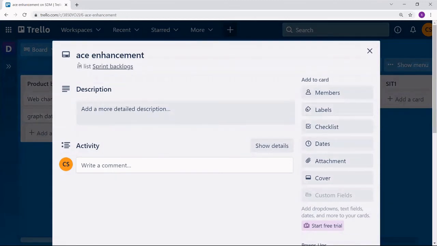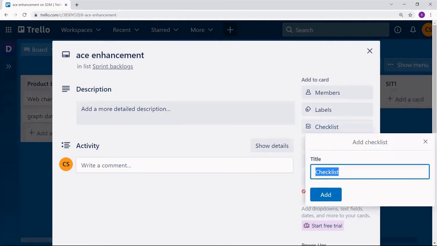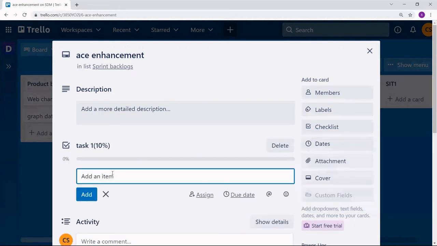See, this is the AS enhancement card. You can add a description here, and also put a comment here. If you want to add a checklist, just select the checklist option here, and suppose task 1. Similarly, you can say task 1 10%.